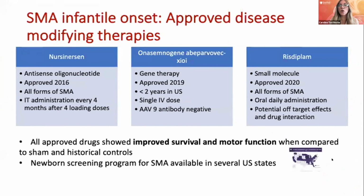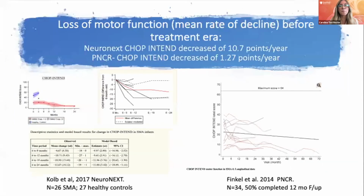So this concludes the first part of the presentation, and I would like to pass it to Dr. Nelson, who will go over the data from the real world and effects of treatment on non-sitters across the lifespan. Thank you very much. So now that you've seen a little bit of natural history before disease-modifying therapies,